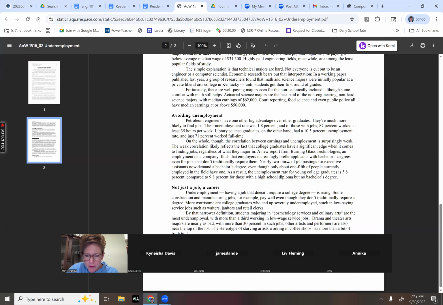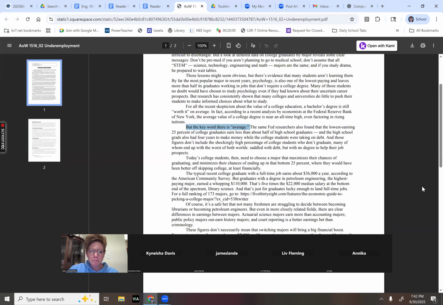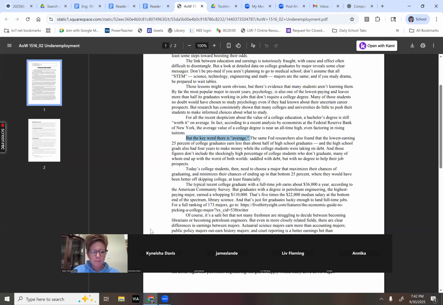I was trying to find the part. Okay, so just so I know I understand, let me count. 1, 2, 3, 6. In the 7th paragraph, it says the typical recent college graduate. Is that what you're getting at as well? When you use the example of on average, would that be similar to that? So the word typical there would be a qualifier. Yeah, excellent. That makes a lot more sense now. Thank you. Yep, very good.